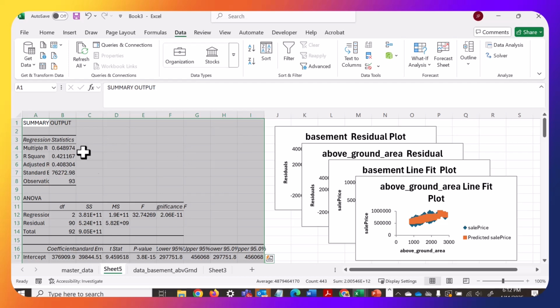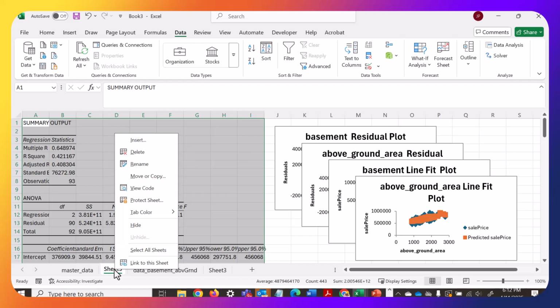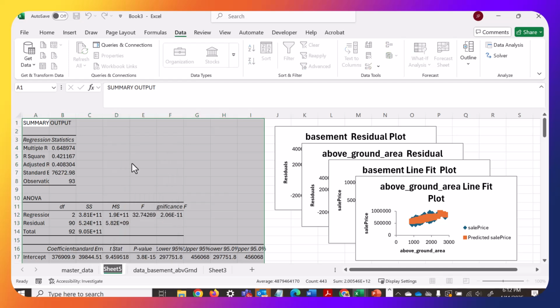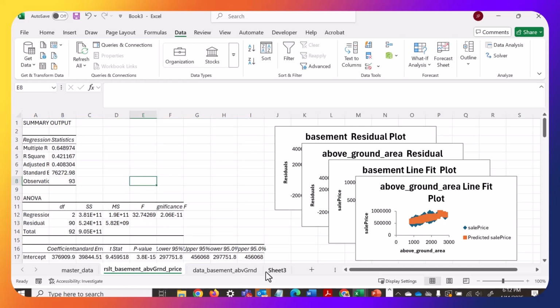It's going to make a new sheet right away. I'm going to name this after the variables that it considers. So I'm going to say that this is results of basement, above ground, and price, which is my dependent variable. Because after I start to run a bunch of these, having just Sheet 1 or Sheet 2 isn't going to help me a lot. That's how you run a regression, a multiple regression analysis,